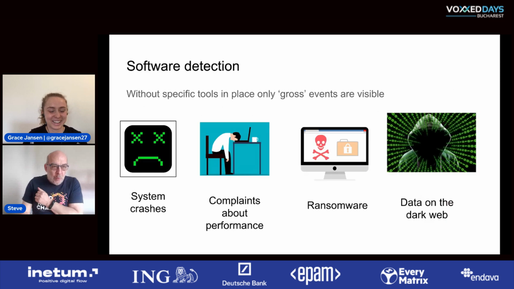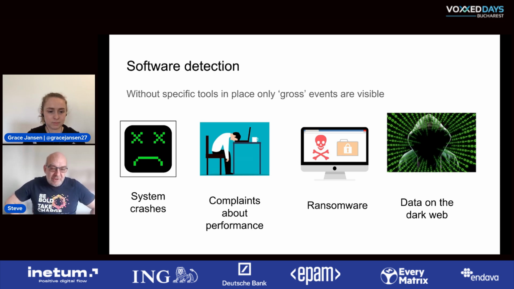Yeah. So software. Unfortunately, pretty much the only way that we know that something bad has happened is through one of these horrible things that happen. So the obvious ones are your system crashes, and it might be repeating. Denial of service is those sorts of things where the system just dies or it's been corrupted. So that would be an indicator to you that you've been compromised. Your users might complain that performance is going down, and again, that may be that somebody's in your system and using your CPU, etc.